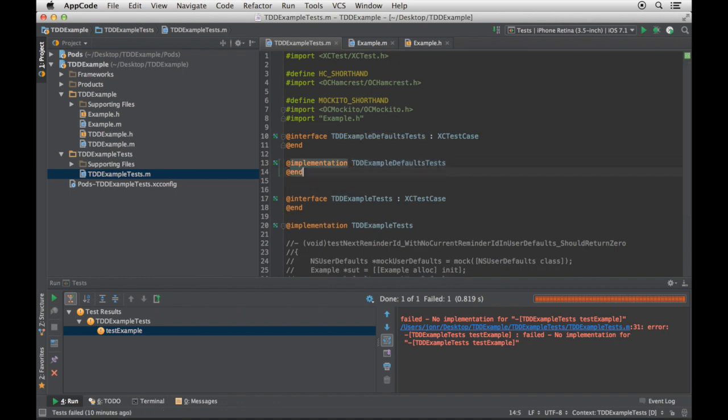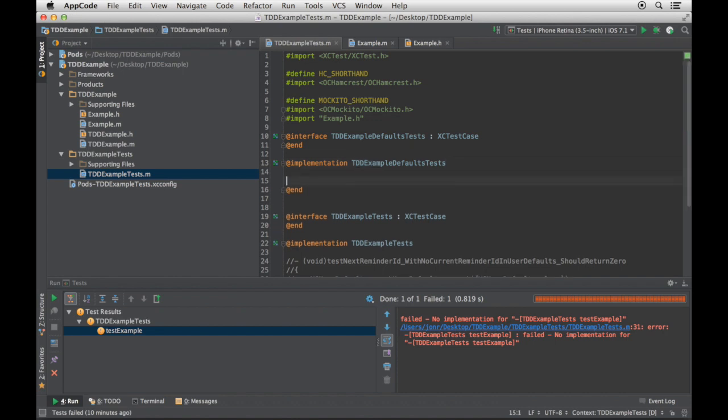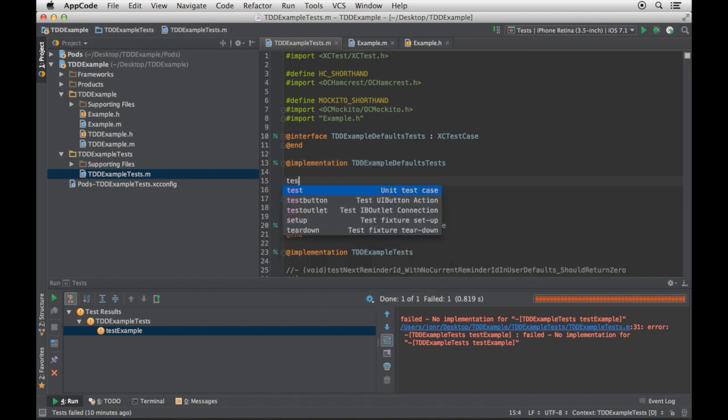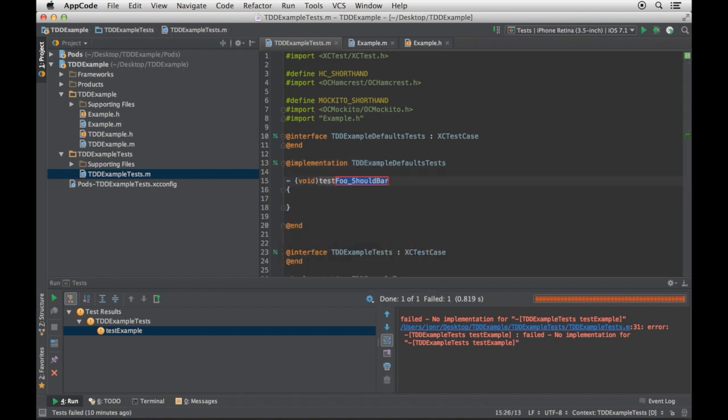Now I'm pulling this out into a separate test case so that I can have a fixture that is simple and that does not override the defaults. I do this from experience. I know that makes life easier. So in here, I want to say test what? Default user defaults should be standard user defaults.